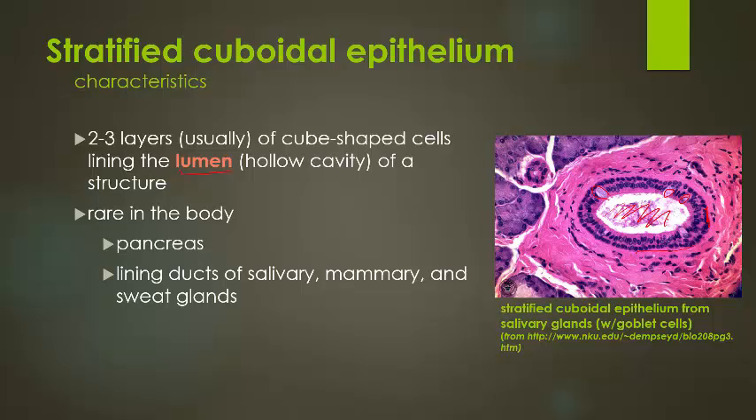And they tend to be fairly rare in the body. We find them in the pancreas and the ducts of the salivary, mammary, and sweat glands of the body. So this is where that salivary material that's being produced would make its passage through the lumen of the tube, and then be squirted out into the mouth. So stratified cuboidal epithelia, fairly rare in the body,